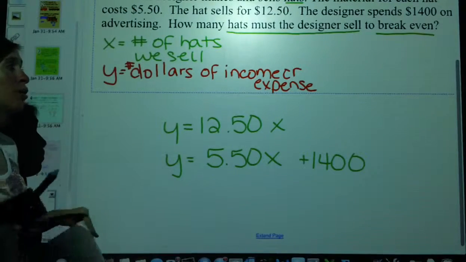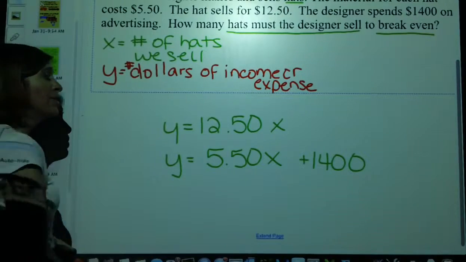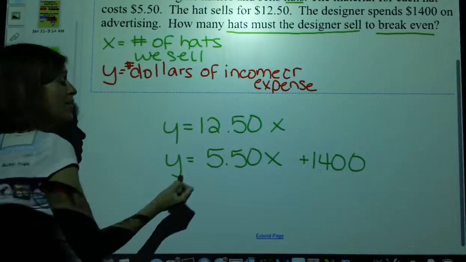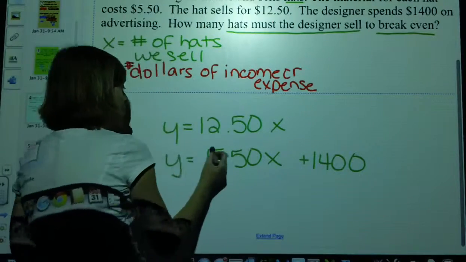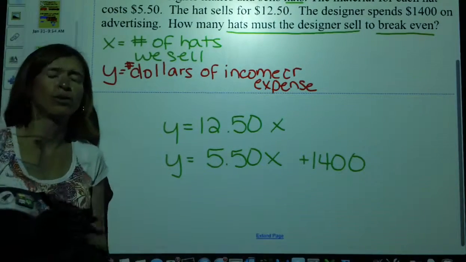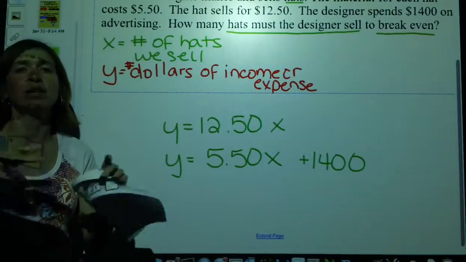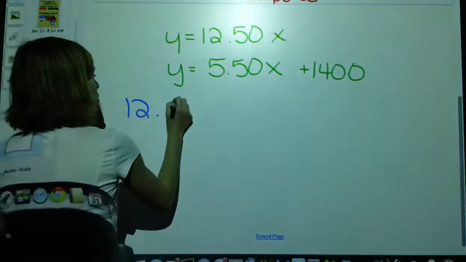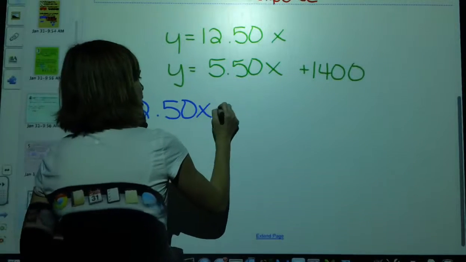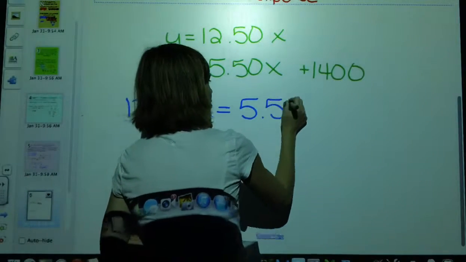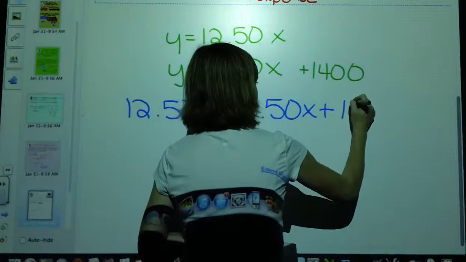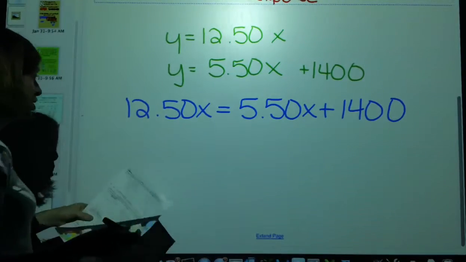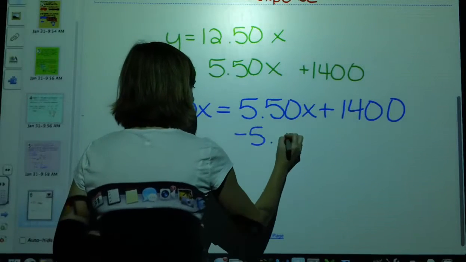All right. So now it's very similar to the last question. It's asking, where are we going to break even? So where is the income going to equal the expenses? So it's basically substituting this in for y into the other equation, or thinking about it as setting the equations equal to each other. So 12.50x equals 5.50x plus 1,400. Okay? And so I'm going to go through the motions here. I'm going to subtract 5.50x